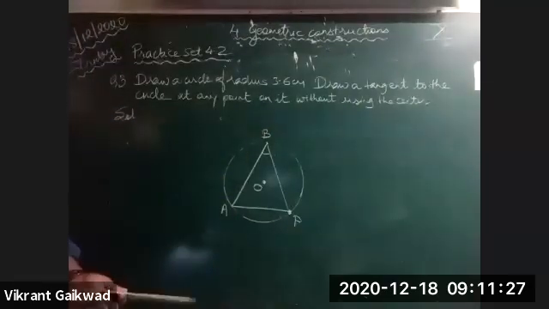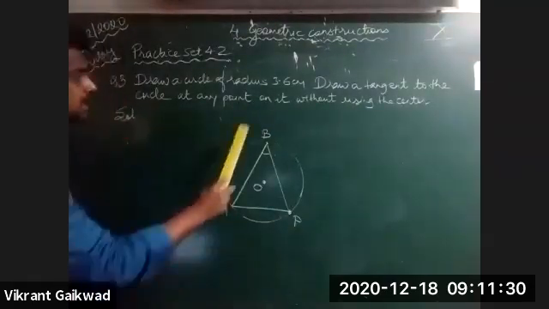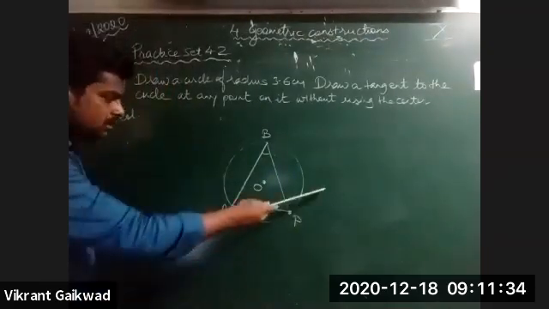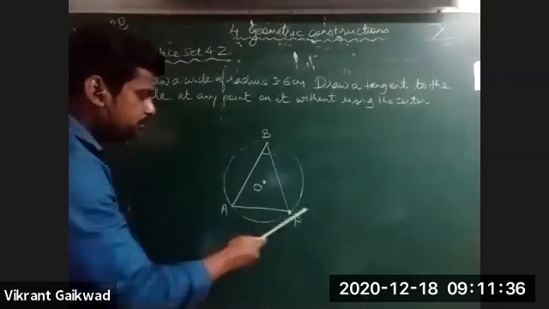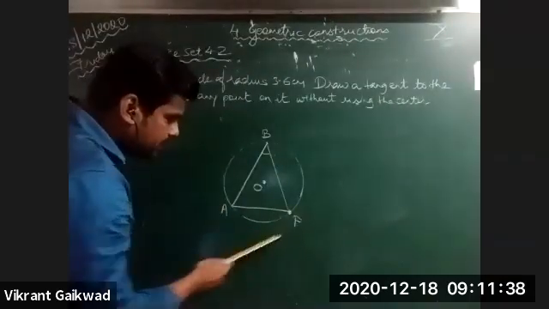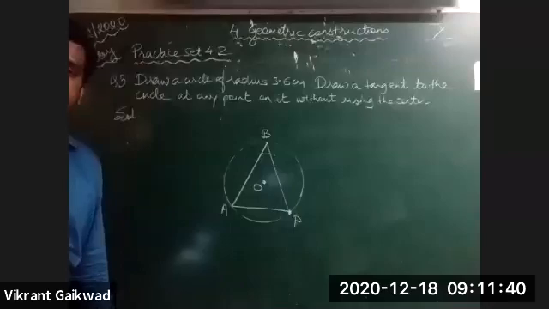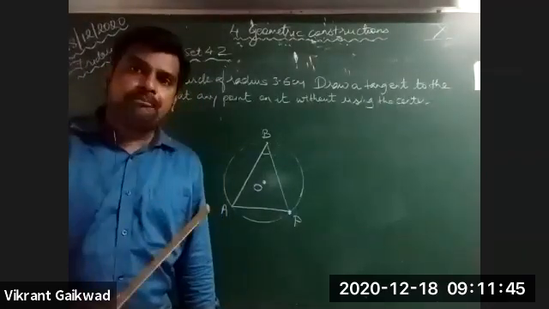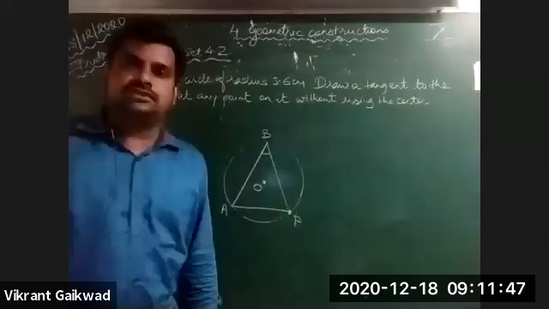So what happens is, angle ABP will be congruent, if you draw a tangent down, to the angle between AP and whatever point we are going to take here. So that means it becomes the angles in the alternate segment. So that property we are going to apply to this.